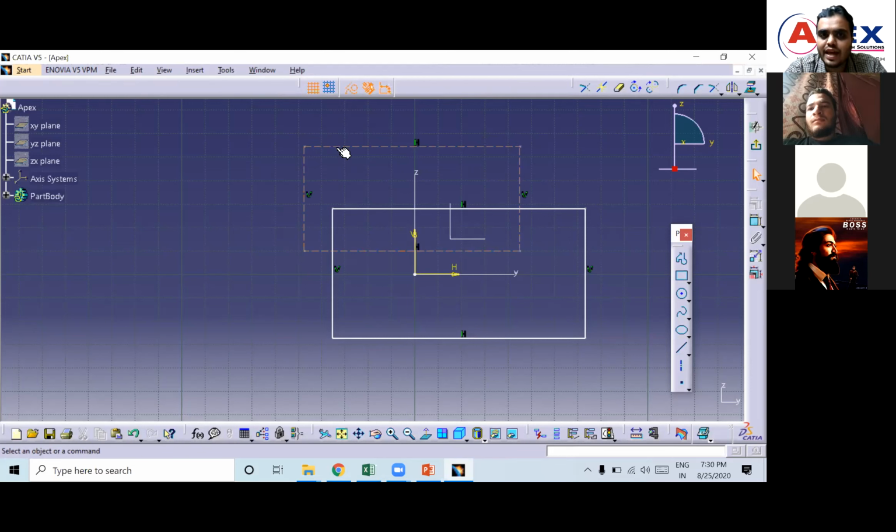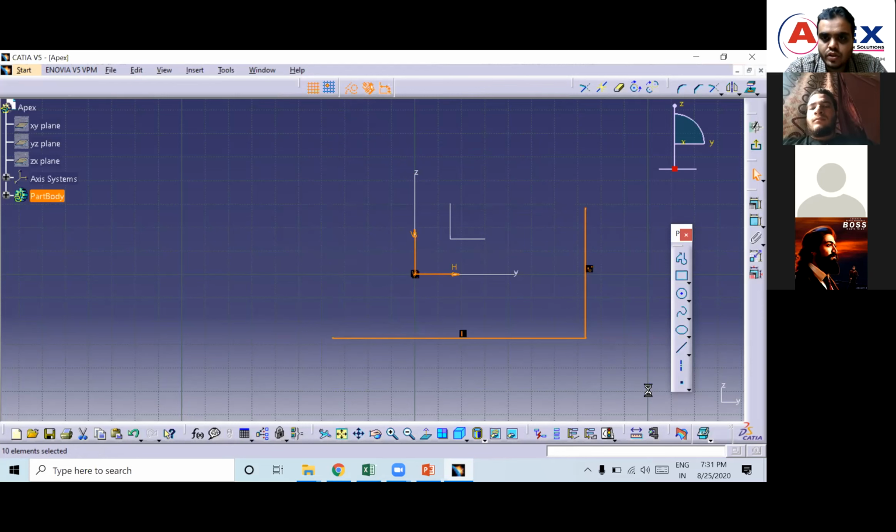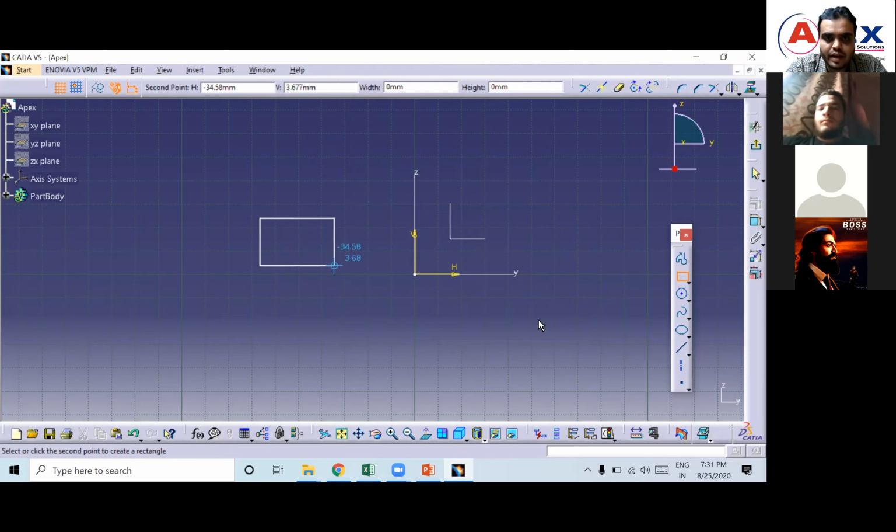That means it is a reference line. You can't create a 3D model using this. It can be used whenever you are creating a reference line. So that's why it should be always off. I will show you once again. Suppose you have a rectangle, right?